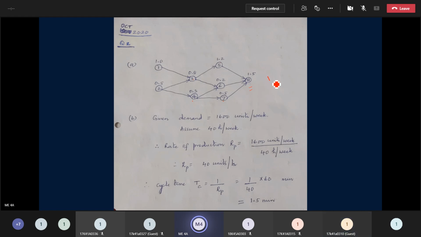So the first step is over. First bit answer is over. I am just writing down the element times at the top of each element. Element times are written there. Now, this is the first bit.